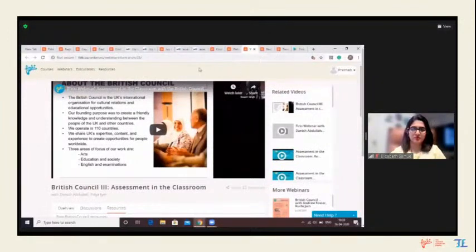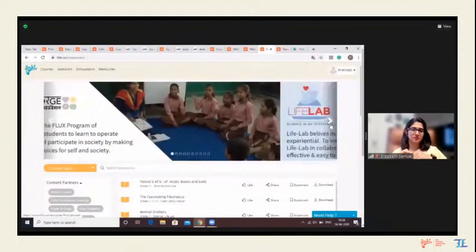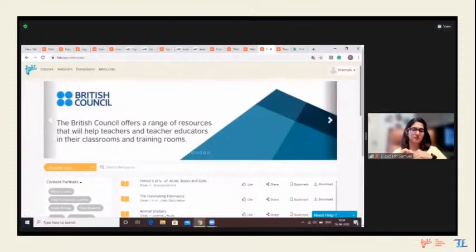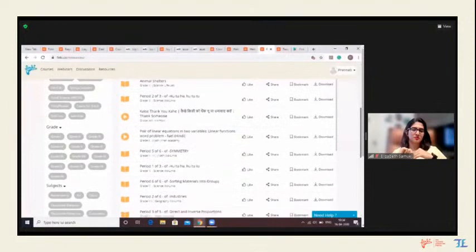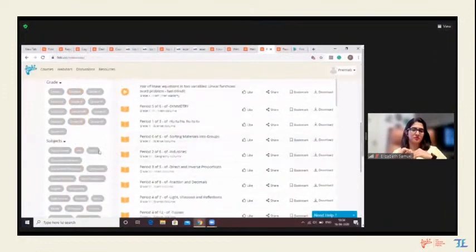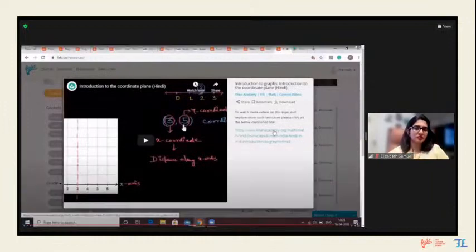The final page to look out for is the resources page, also to be found at the top left corner of your screen. This page houses, and will house, resources from several of our partner organizations such as the British Council, Khan Academy, StoryWeaver, Pratham Books, and more. We are in the process of adding to the list, and you can easily filter resources by partners, grades or standard, and the subject of instruction. We hope you find value in using these resources in your practice as teachers and educators.